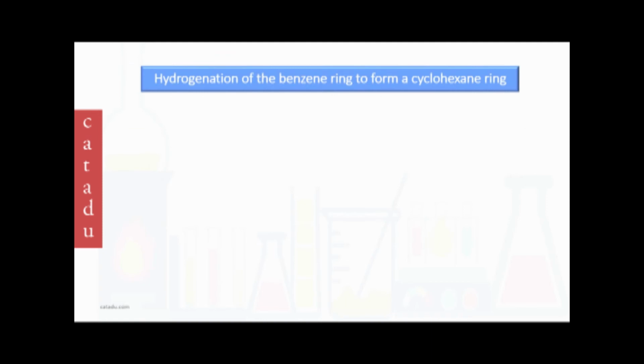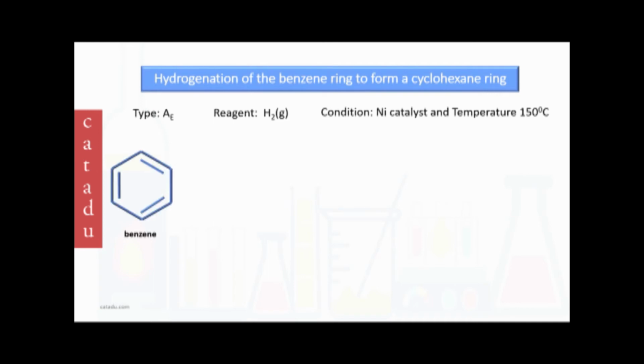Now, details about the reactions. Hydrogenation of benzene to form cyclohexane. This is an electrophilic addition reaction. The reagent is hydrogen gas, and the condition is nickel catalyst, temperature 150 degrees centigrade. In this reaction, the pi electrons of benzene are attracted towards the electrophile, and it is making